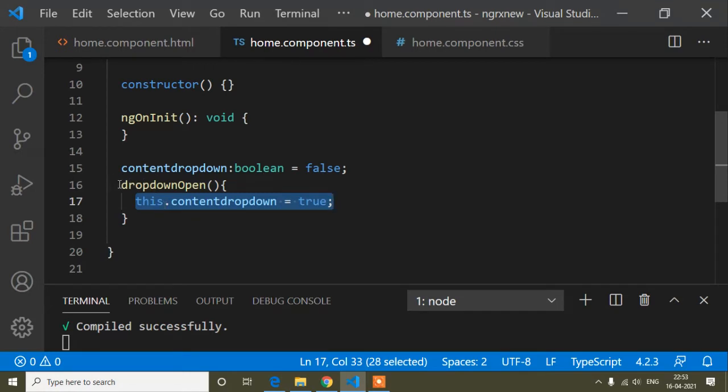Globally means outside this function. So here is the function and this variable is outside this function. So when we want to access this variable, we write this keyword because this variable is global. When we try to access anything globally, we use this. So now guys, I think you have understood when we use this keyword. Globally means outside this function, and we are trying to access it from inside. So that's why this.